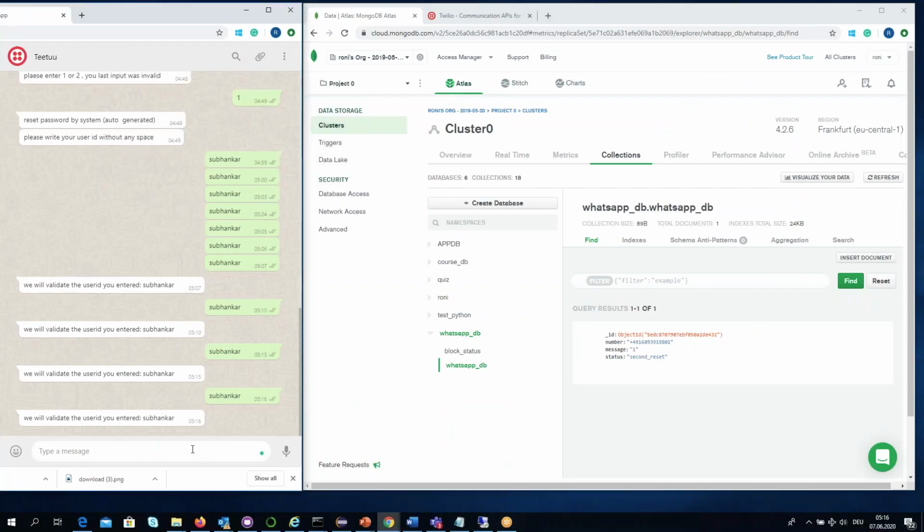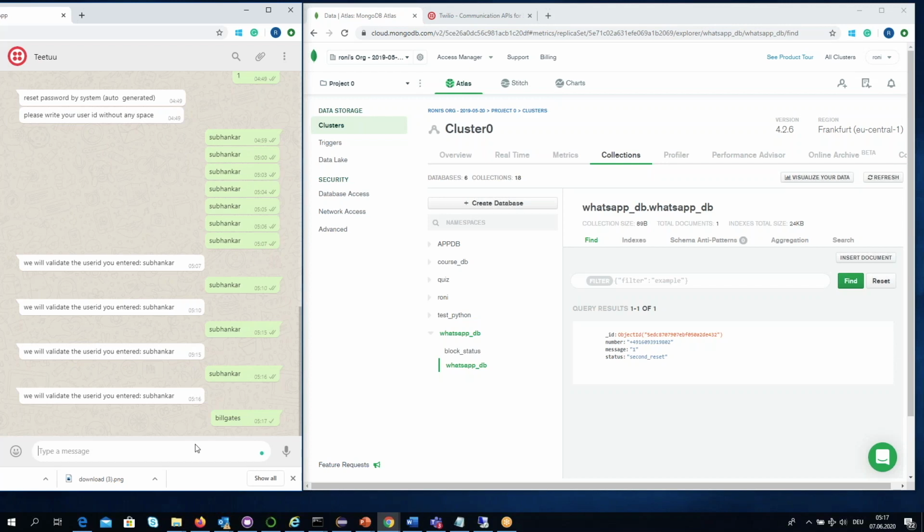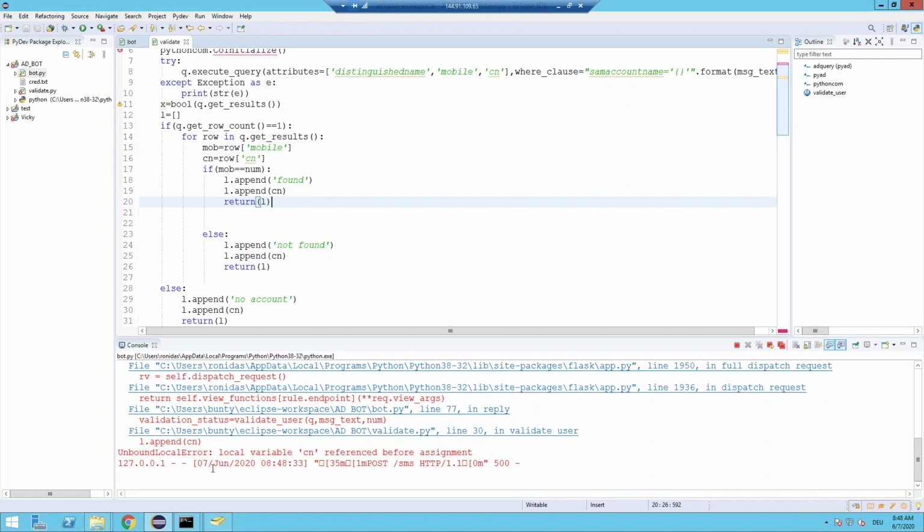So let's write something, Bill Gates, which is not there in my active directory. So I'm not getting any result. CN reference before assignment. So something happened here. So actually why this has happened,